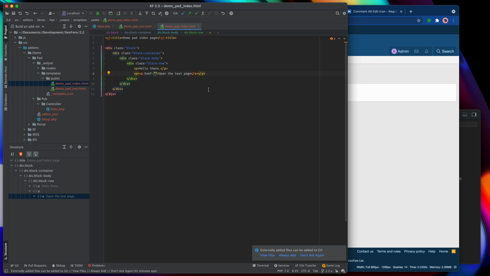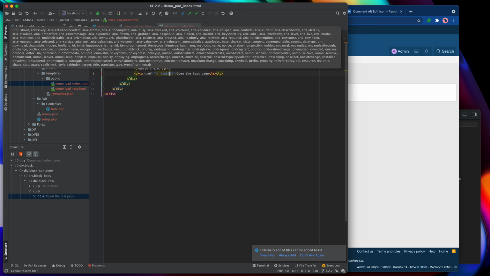Now we're going to use what we call curly syntax or curly bracket syntax, which is the second part of Zen4.0 template syntax after the xf: tag syntax. So in here we're going to have a double curly brace, and inside that link, that's essentially a function call, so we'll have some parentheses there.